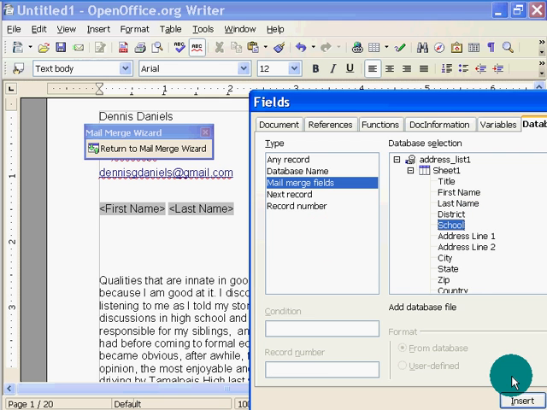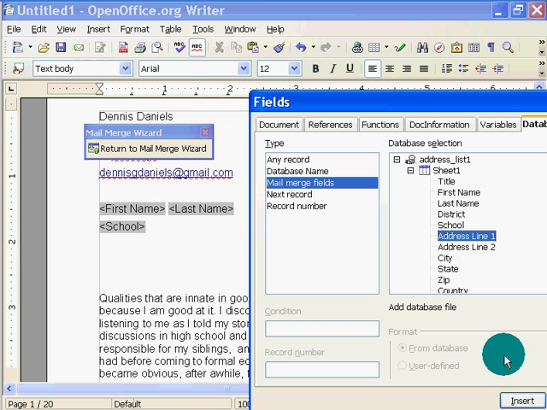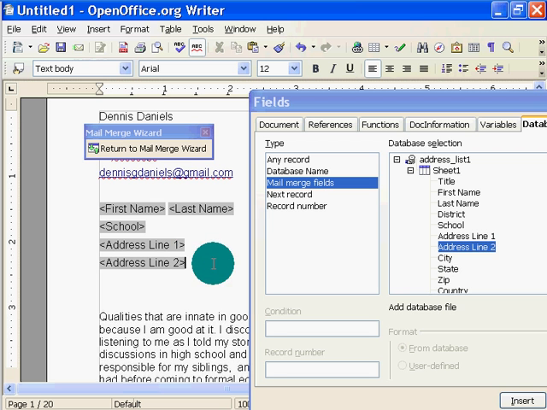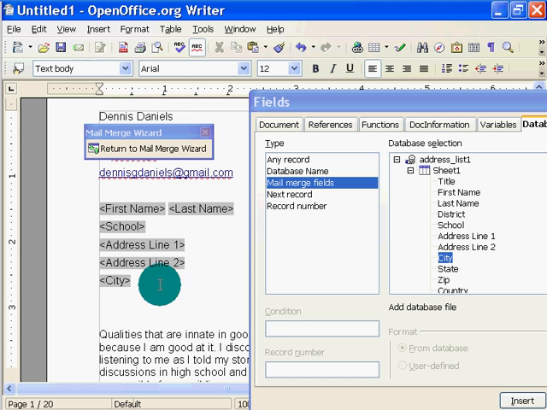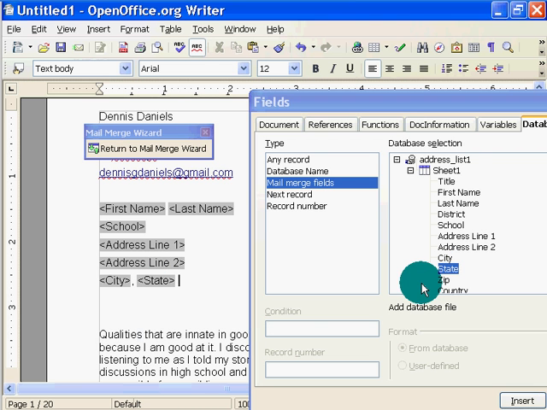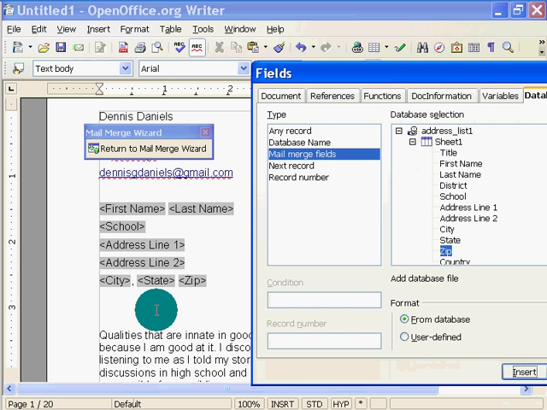And go ahead and insert that. And we'll add address, insert, address, insert. Separate that. Do city, comma, state, insert, space, zip, insert, and